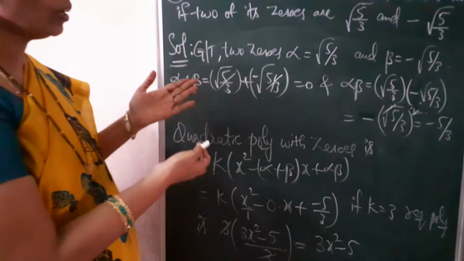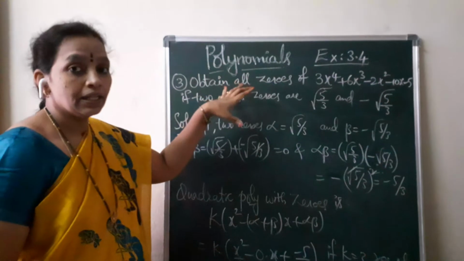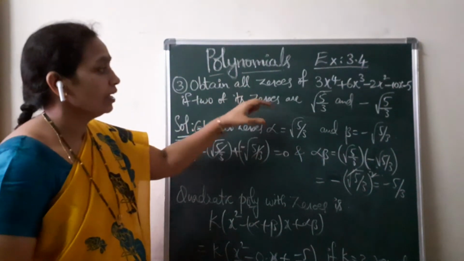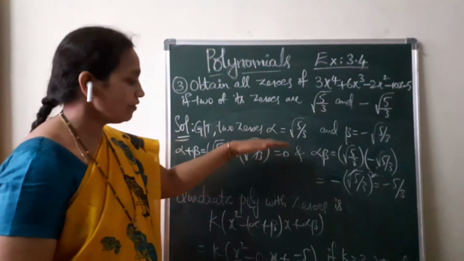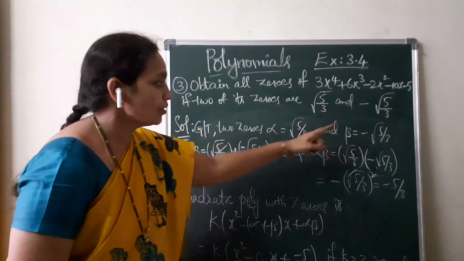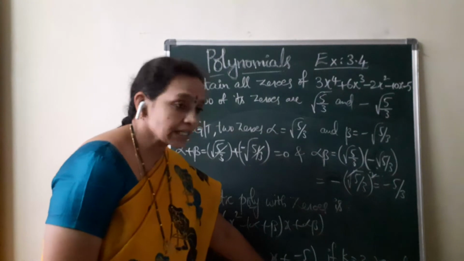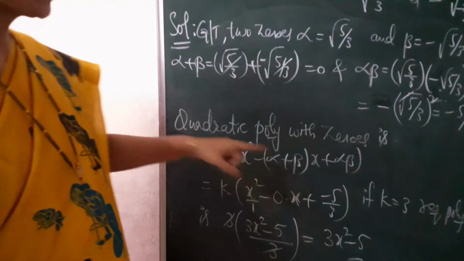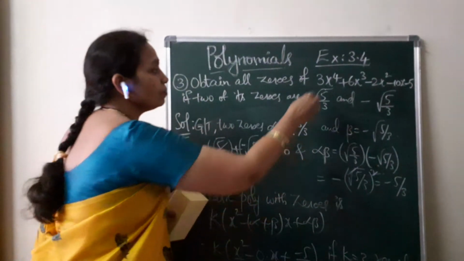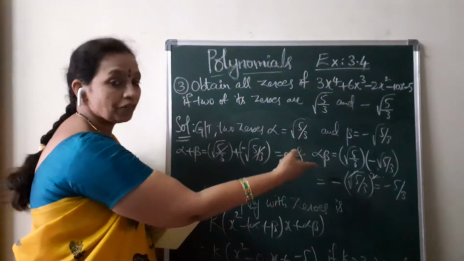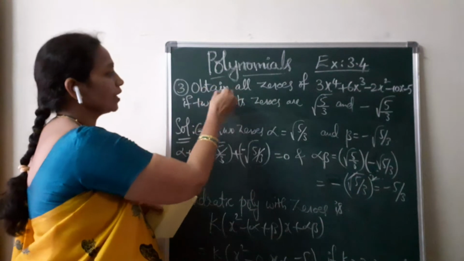Why are we doing all of this? Because this is the division of polynomials, but here g of x is not given. P of x is given, and g of x you have to frame with the given zeros. That's why we did all the procedure. So with the two given zeros, the quadratic polynomial is 3x square minus 5, and this becomes the g of x. So this is p of x and this is g of x. Now if you divide p of x by g of x, you will get a q of x. That will be split and factorized so that you can obtain the remaining zeros.